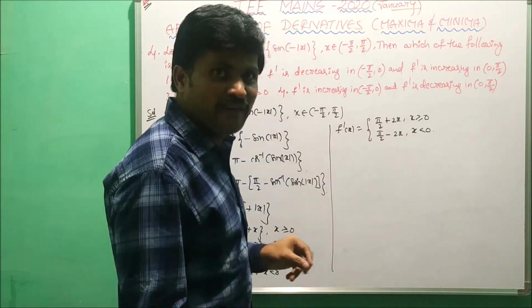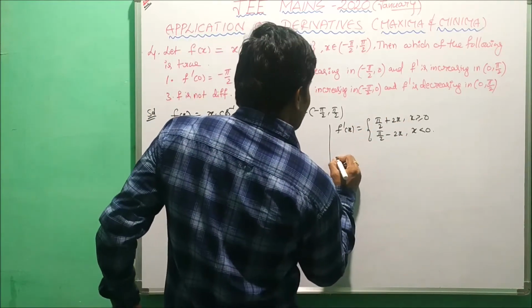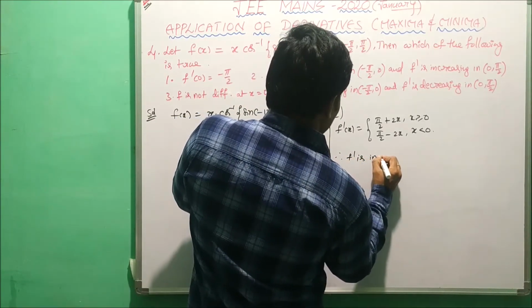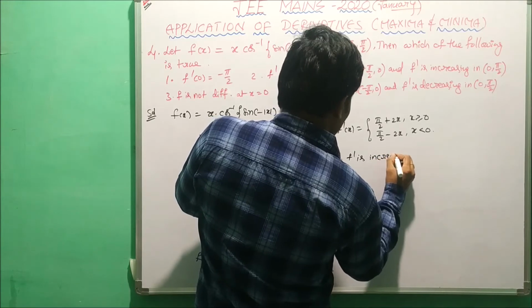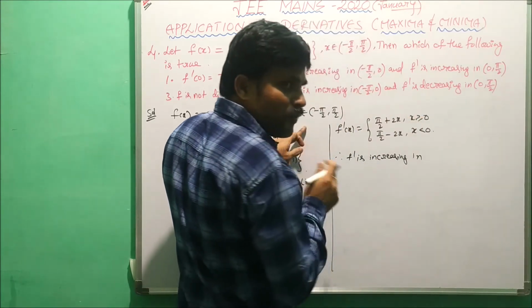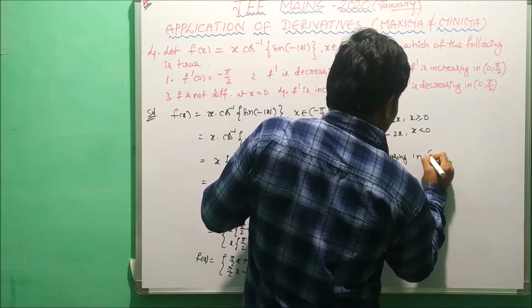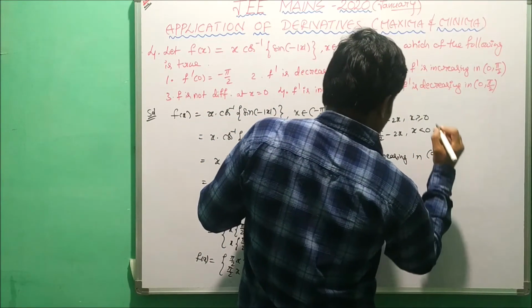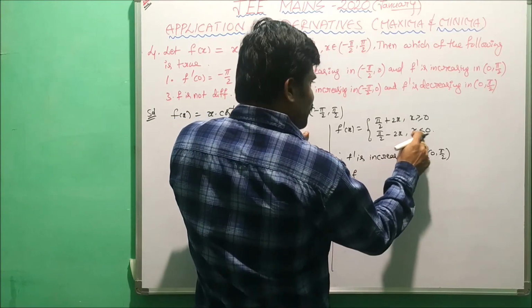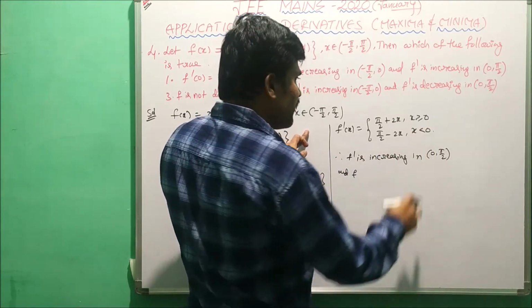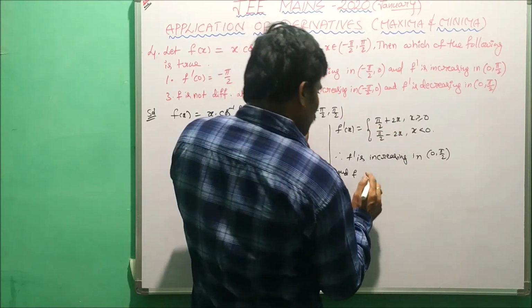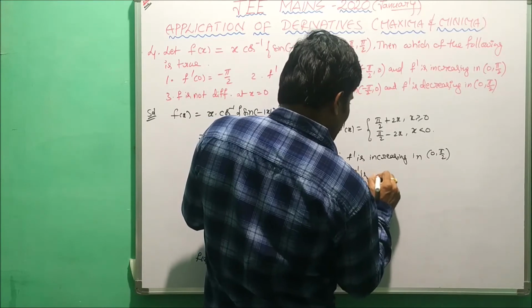Now f dash is increasing in the interval where x can be taken as positive values, that means 0 to pi by 2, open interval. Similarly, we take x as negative values. Now that value is small values, so f dash is decreasing